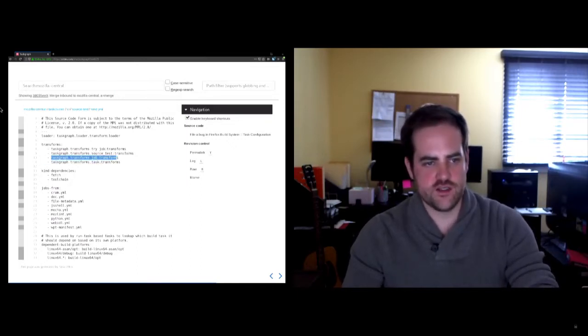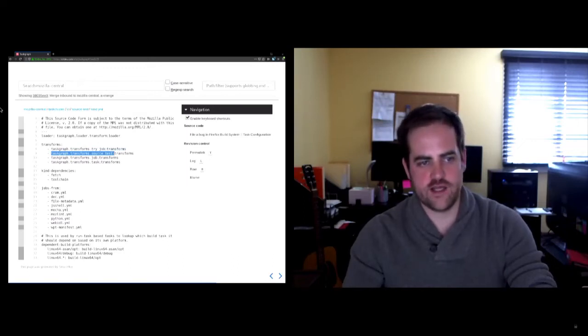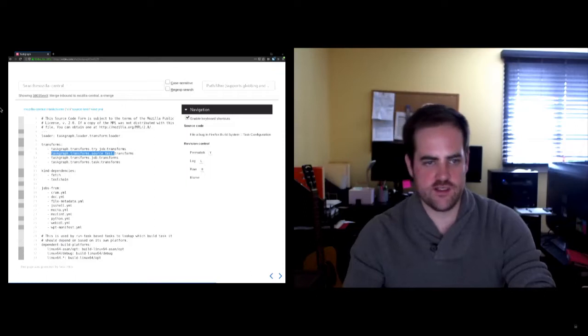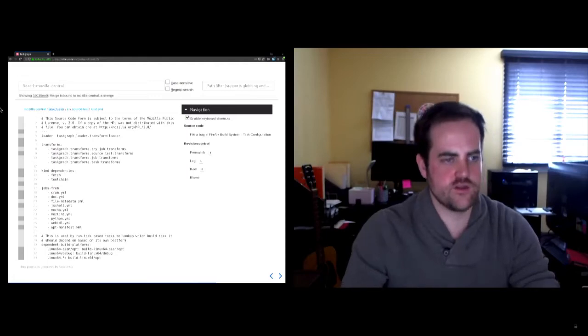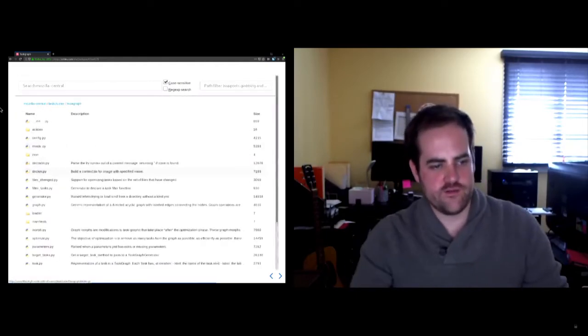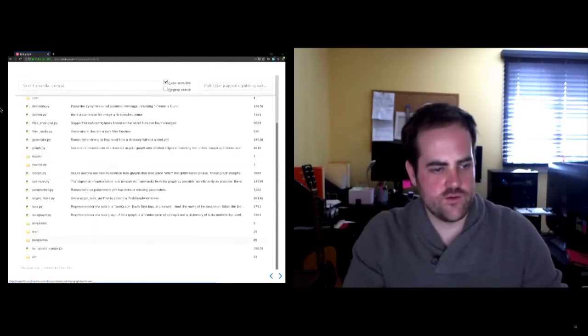The first part of this key is just an import path, so we're going to do from taskgraph.transforms.sourceTest import, and then this is just the value that we're importing. It's just a list, a glorified list basically. So let's take a look. I'm going to go back to the taskcluster directory, taskgraph, transforms,